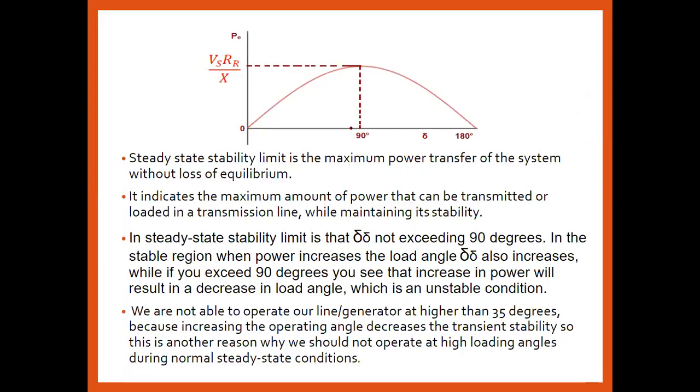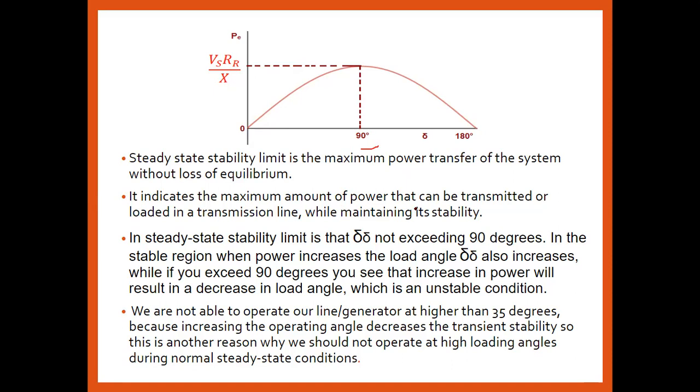This equation comes from the swing equation, which we will take up in the upcoming units. Basically, the swing equation concept is that the sending end power and the receiving end power should be equal at a particular point, where the maximum power can be transferred from one end to the receiving end. That happens at the angle of delta equal to 90 degrees. Thus the steady state stability limit is the maximum power transfer without the loss of synchronization.